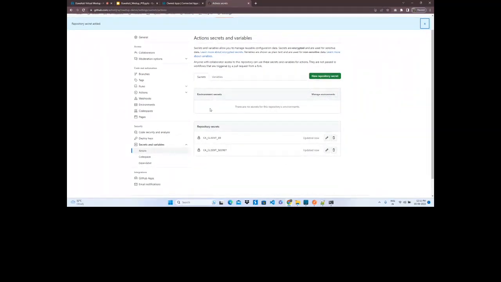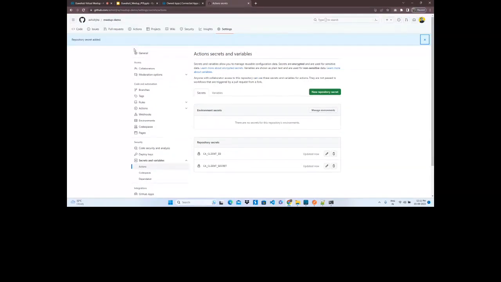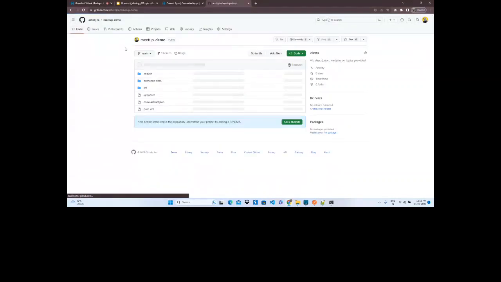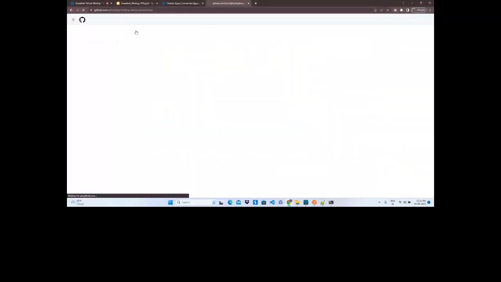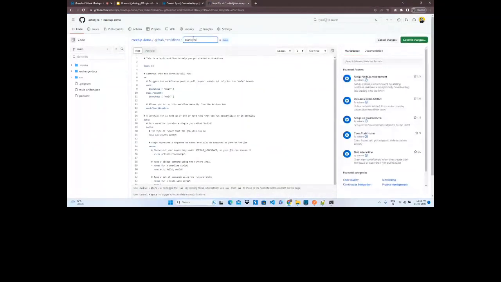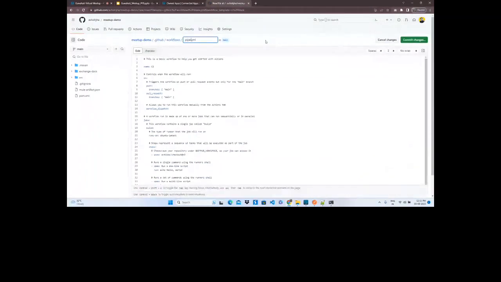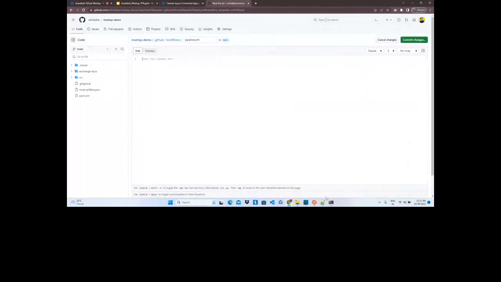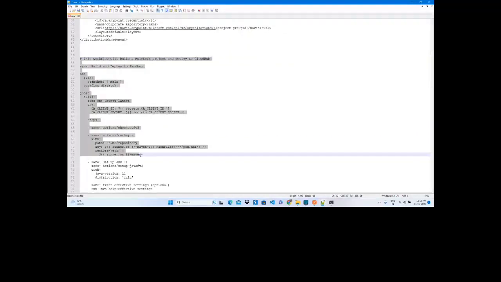So we have added our secret here and we have added our code also. Now we are going to create a workflow. So let me just go back to actions here. On this tab we have actions, and I'm going to select this simple workflow, configure. I'm giving the name as pipeline.yaml, and I'm going to change this code. I have my pipeline ready here, which I'm going to copy